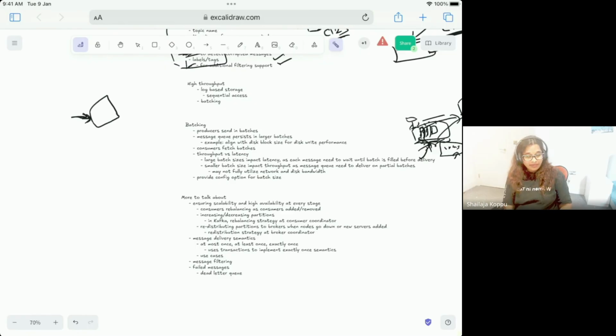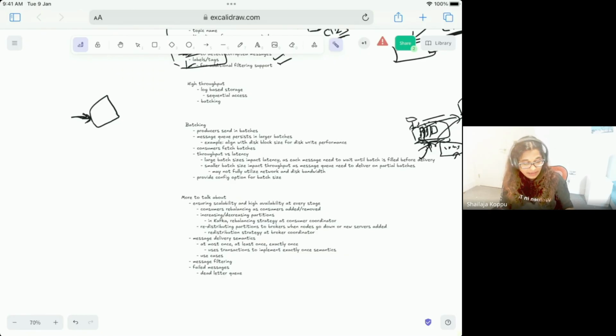There are more features to talk about. These are quite advanced. If you really have time in the interview and really want to deep dive, that's when you can focus on how consumer rebalancing is done as consumers are added and removed, how partition rebalancing is done, and how the partitions to brokers mapping is done. All these advanced topics can be discussed in depth if either the interviewer asks you or if you have time to discuss this. But usually it's really difficult to discuss all this in one system design, because it's a really complex system.